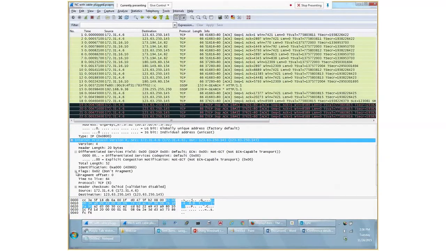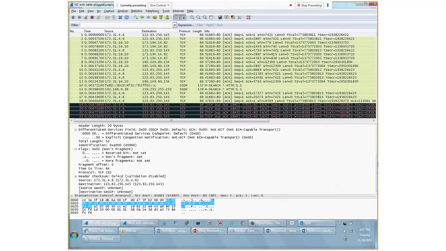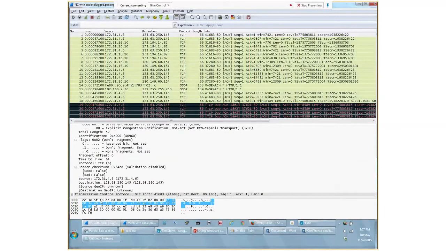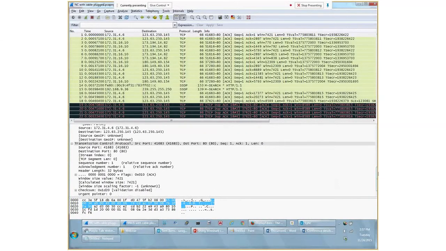The rest are all information about the IP header. There are a lot of flags here that you need to understand. It's pretty interesting. If you Google this information, you will understand what each field stands for, and how each of those fields are used in the traffic. Then at the last, at layer 4, you have your TCP header information.